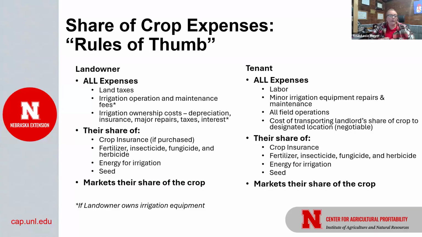If you are not comfortable marketing your grain, and you have an established relationship, I think it's okay for you to ask your tenant, hey, can you market your grain when you market my grain? I don't feel comfortable with it. I trust you. If that trust is there, I think this is a great way to go about it. You can set some parameters if you want. If you don't, that's up to you too. I do think, though, that the marketing of the grain is one thing that new landowners are very intimidated about, and I understand it. A lot of tenants are also intimidated with it too, right?